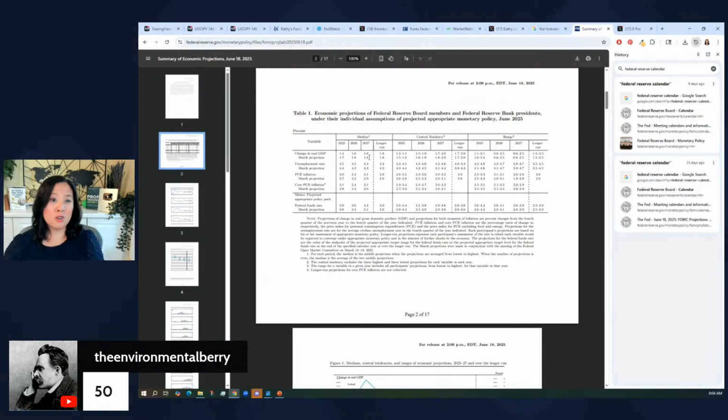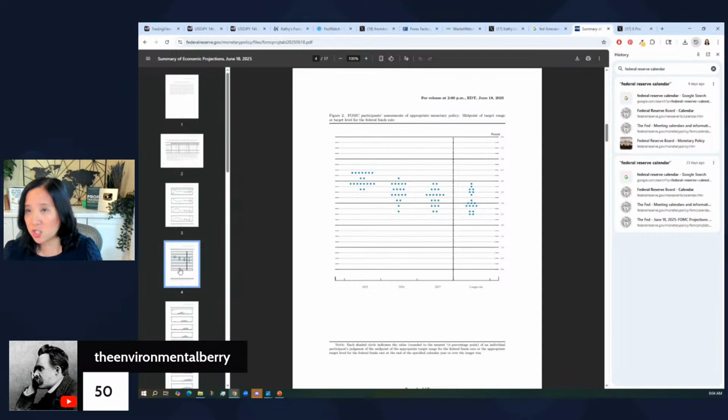But honestly, growth is probably going to be weaker. Unemployment is probably going to be higher. Inflation is really key. Whether or not they think inflation is going to be higher or lower and changed. That is important, but it will not be as important as this, which is the dot plot. The dot plot,